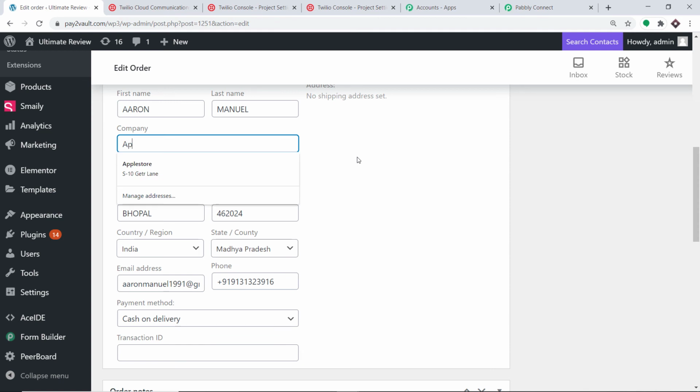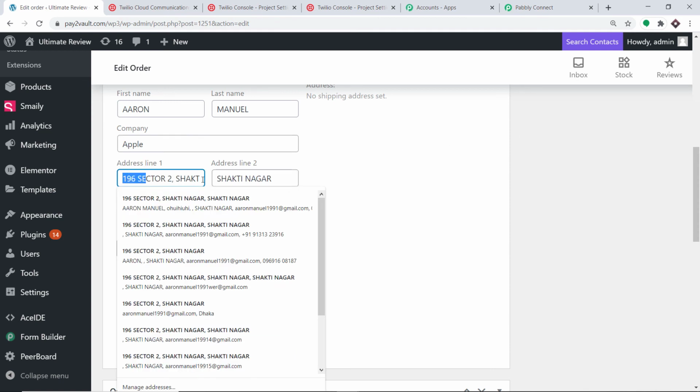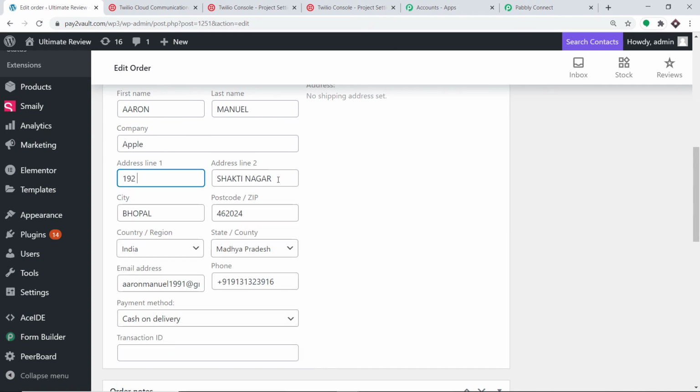The company he now works in is Apple, and the address line 1 is 192, I don't know, Justin Bieber Market, and the address line 2 is Toronto.